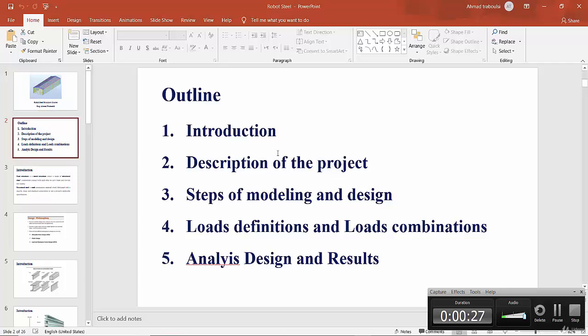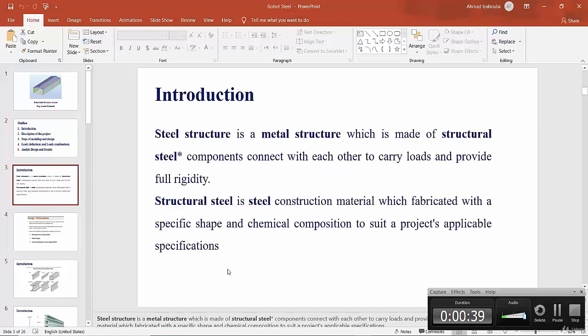The agenda is: introduction, description of the project, steps of modeling and design, loads definition and loads combination, analysis, design, and results. If we go through the introduction, we can show here that a steel structure is a metal structure which is made